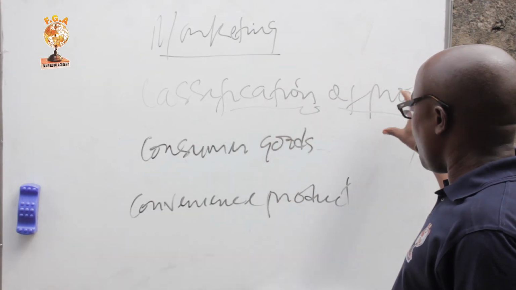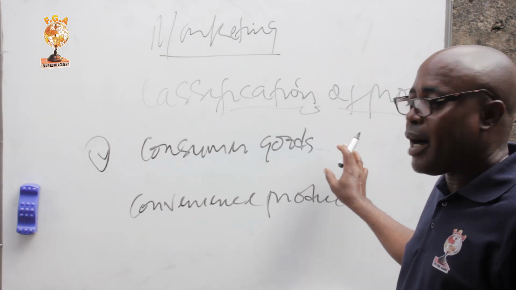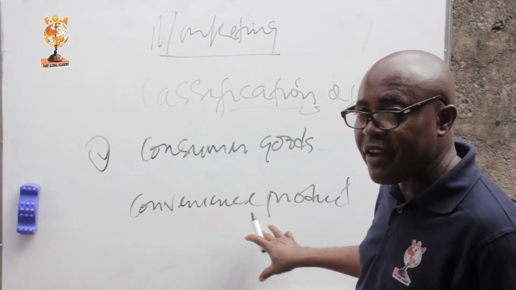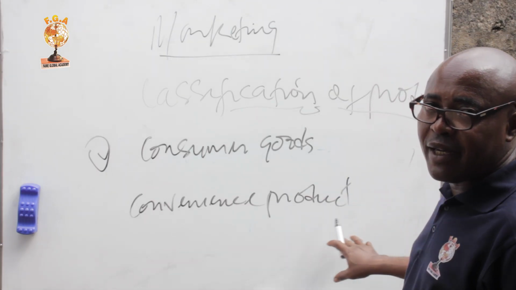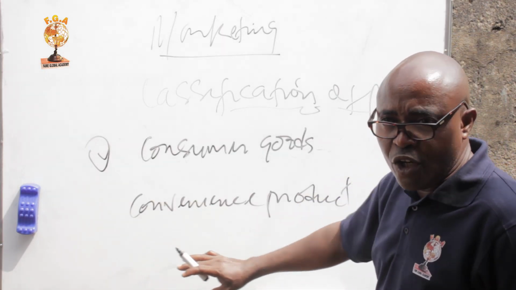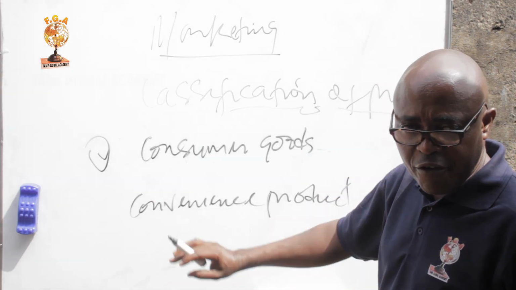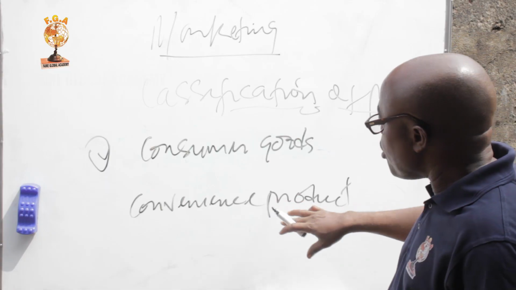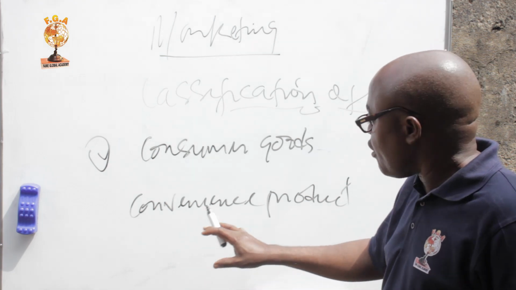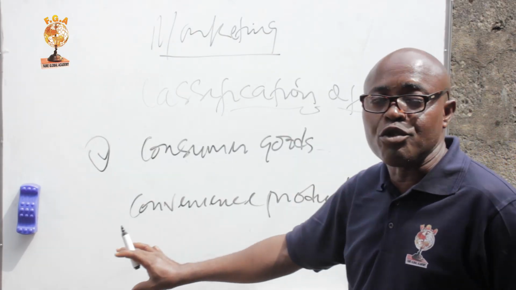So inside the classification of products, you have number 4, consumer goods. And in these consumer goods, you have other classification referred to as convenience. Here you have toiletry, cigarettes, items that are not only sold in the shop. Even in this street itself, you see Aboki selling sweet, chewing-gum, biscuits. All these small items that children most of the time pick when they are going to school are referred to as what? Convenient goods. You can pick them easily.